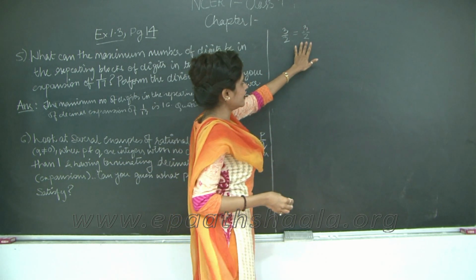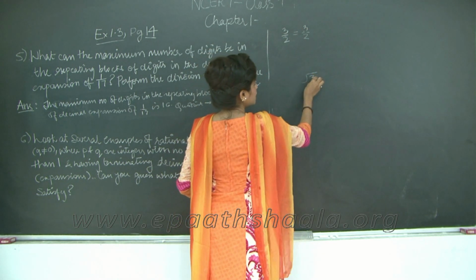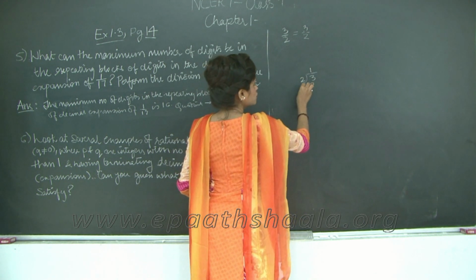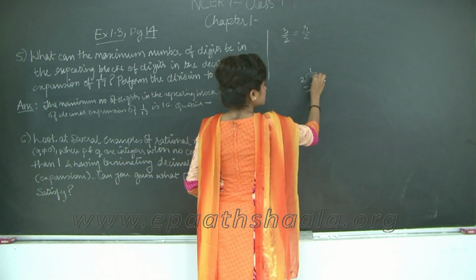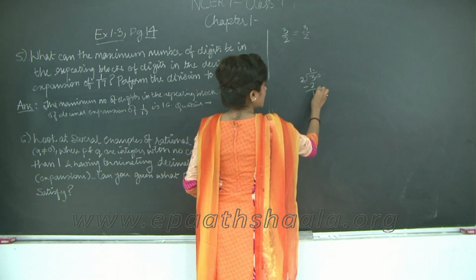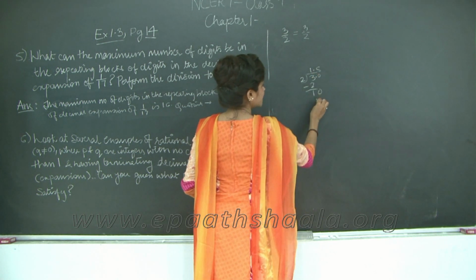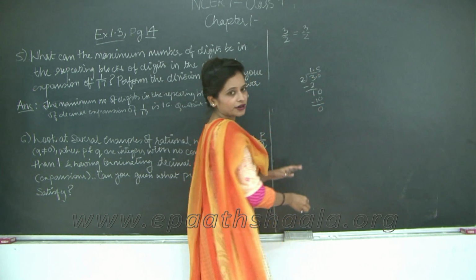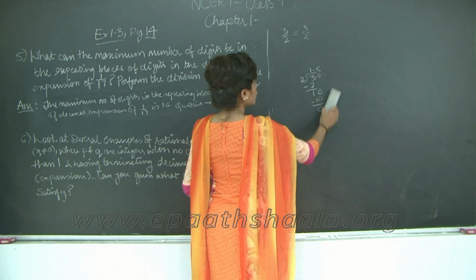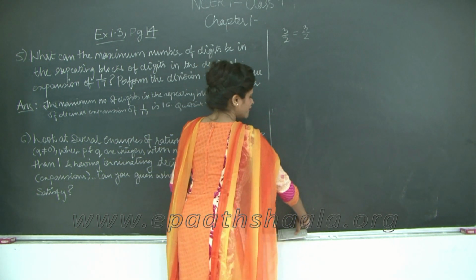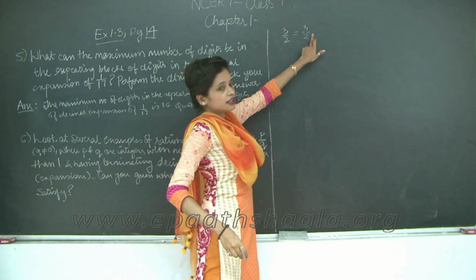Okay. Now, I need to convert this to a decimal form. I can either divide, okay, like this, 3, 2. So, 2 ones are 2 minus 1. I put a 0 here after a decimal. I bring down the 0 and I have 2 5s are 10, right. So, I get 1.5, or a simple way would be, a very simple way would be to convert the denominator